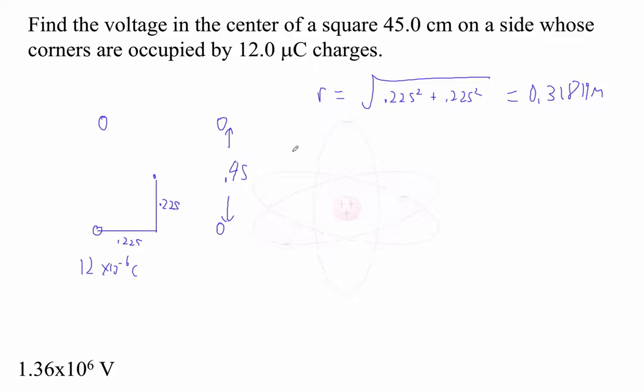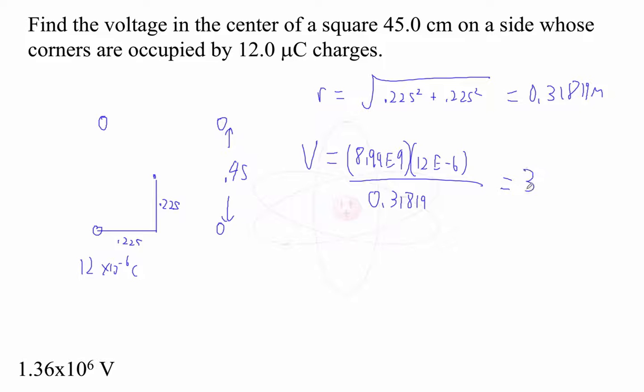So now the voltage due to one of these charges is going to be equal to 8.99E9 times 12E-6 over 0.31819. I'm going to just use that value there, right? So 8.99E9 times 12E-6 divided by that number that I just got. Wow, that's a lot. Okay, that is 339.034 volts. So that's due to 1,